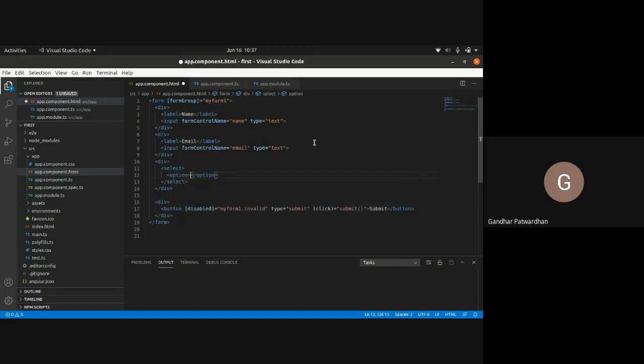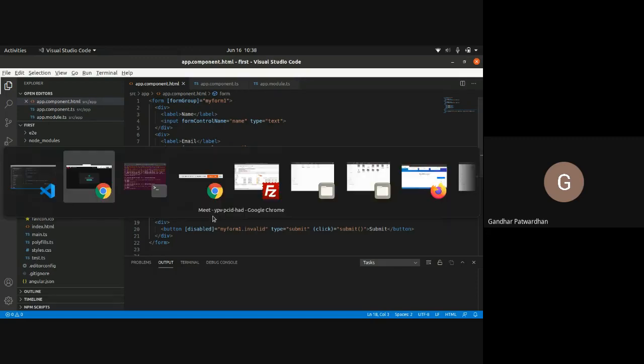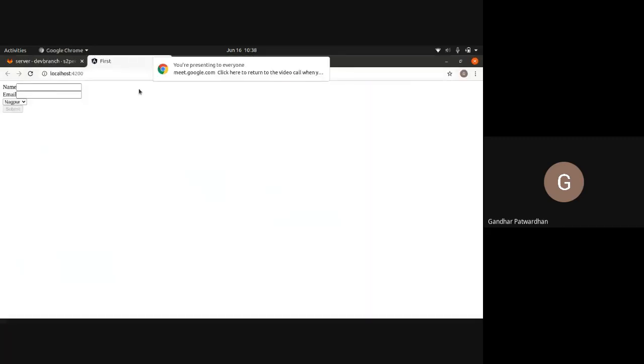In the option tags, we can have Nagpur, Pune, Amravati, and maybe Akola. Let's see if we get that drop down in our UI. Right, so we get this drop down.